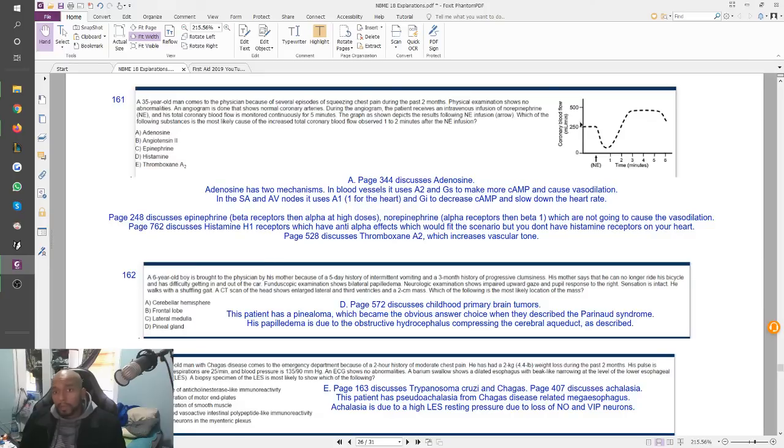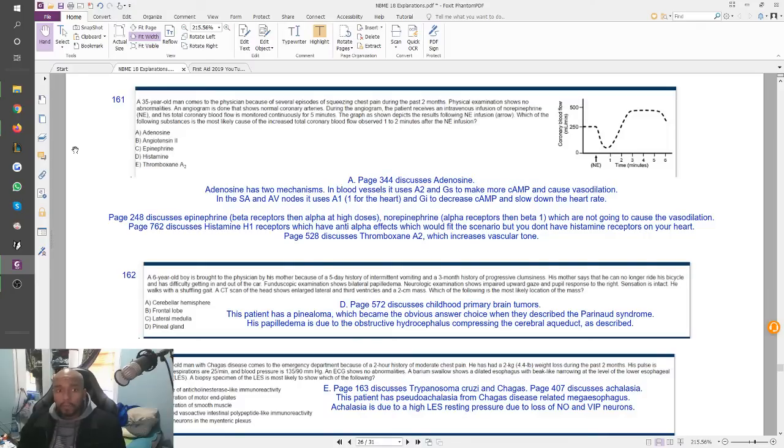Okay, so what happens? After giving NE, coronary blood flow went down, right? Then around 1 minute, it looks like something else started playing a role, and coronary blood flow increased. So you have to pick an answer choice that would cause vasodilation of your coronary blood vessels. And you look at all your answer choices, you can knock out a couple things that definitely don't have anything to do with coronary blood vessels, and then it's just general memorization of cardiac pharm.